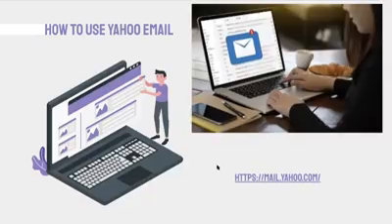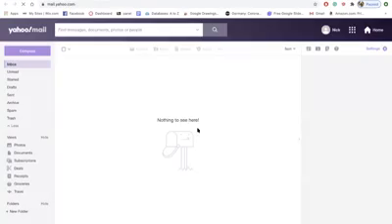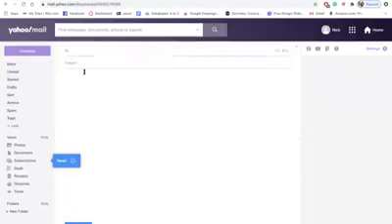So once you have your Yahoo account and you want to send and receive emails and everything, use your actual email, go to mail.yahoo.com, and it will bring you to something that looks like this. And the setup is very, very similar to the other email services we've already talked about. You can go to compose and compose something. So let's actually